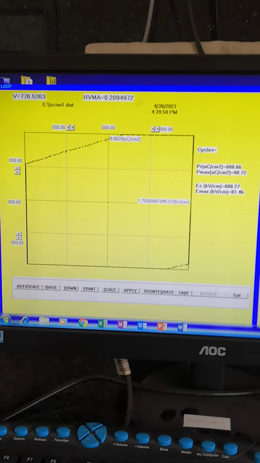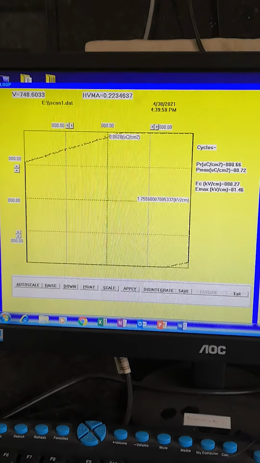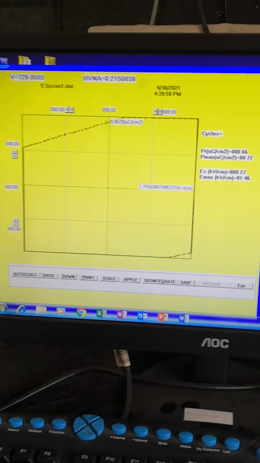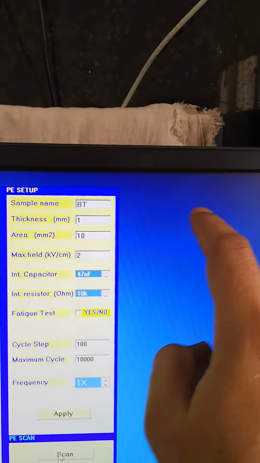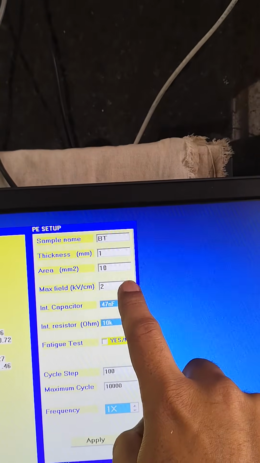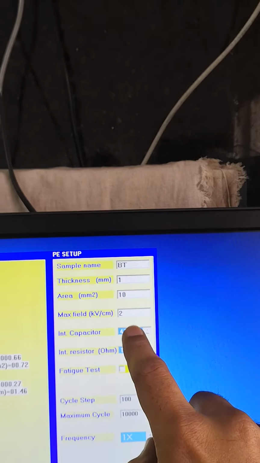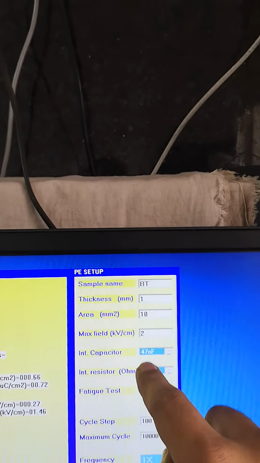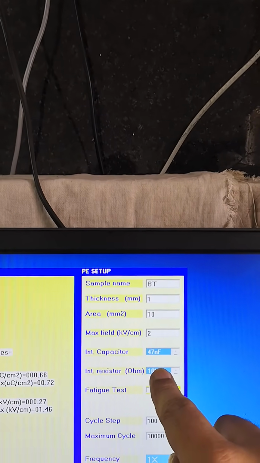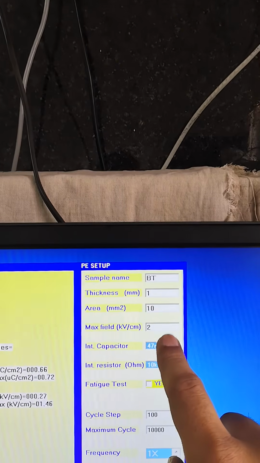Okay, the PE loop of any sample will depend upon three values: the value of the electric field that we have entered, the value of the internal capacitance, and the value of the resistor. We have to very smartly play with these three values.